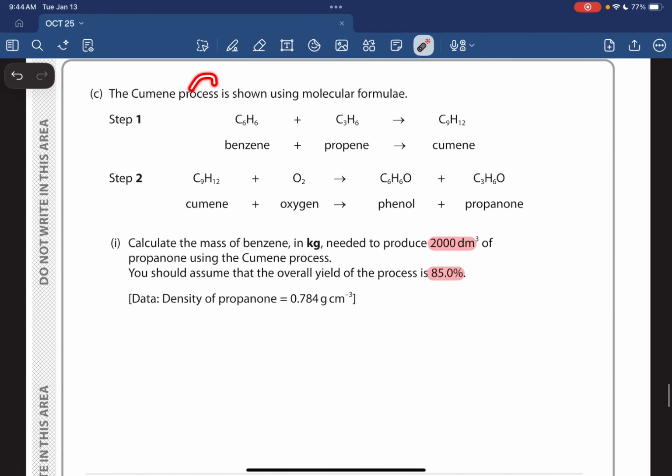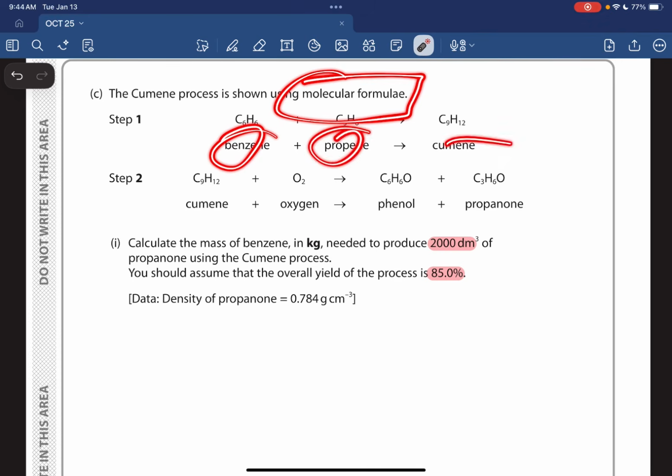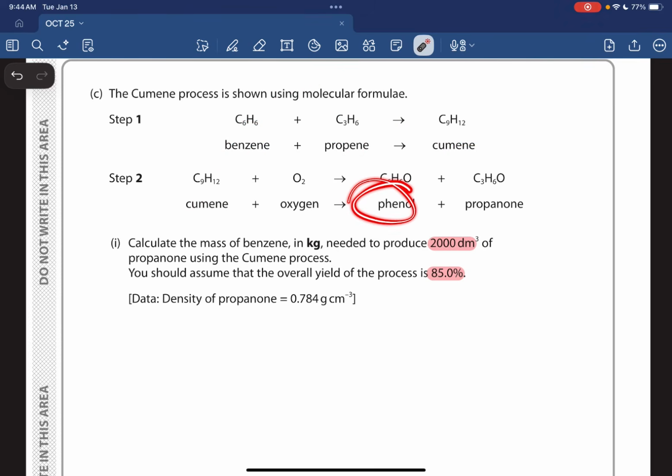The cumene process is shown using the molecular formulae: benzene, propene, cumene, oxygen, liquefied phenol, and propanone. Calculate the mass of benzene in kilograms needed to produce 200 dm³ of propanone in the cumene process. You could assume that the overall yield is 85%. Okay. First of all,